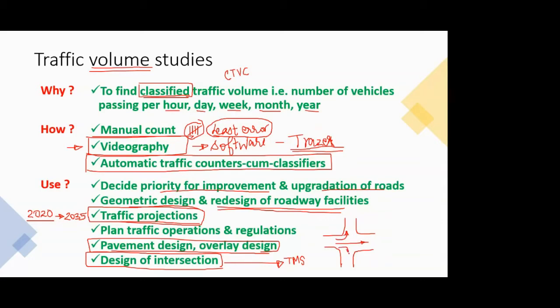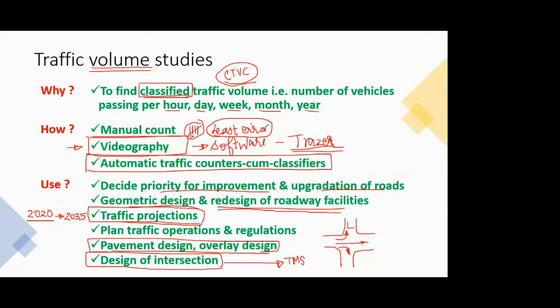So if we consider it's a two-way traffic on all the 4 roads, then for a single road you'll have 3 movements: one turning left, one turning right, and one going straight. So like this, 3 movements for all the 4 roads, they will make up to 12 movements. So you have to count all the 12 movements, and you have to classify them as well. Okay. So for left turning vehicles, how much is the two-wheeler, how much is the car, how much is the truck. So everything you have to classify. There is always a classified traffic volume count that you need to do whenever you have to do a volume study. Okay. So this is about the traffic volume studies.